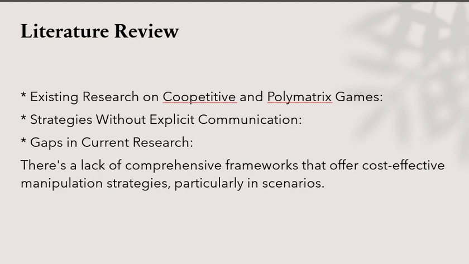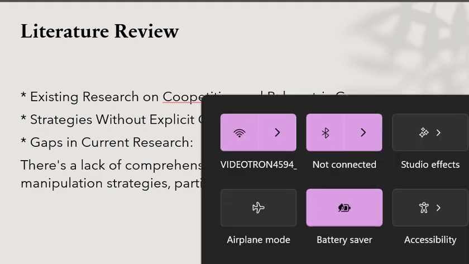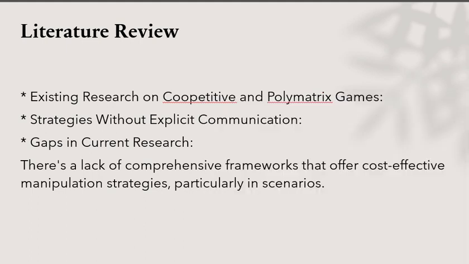Specifically, there is a scarcity of research on how agents can effectively alter game outcomes to their advantage, considering both the effectiveness and the costs of such actions. This gap is crucial because in real-world scenarios, strategic actions often come with associated costs, and strategies need to be both effective and